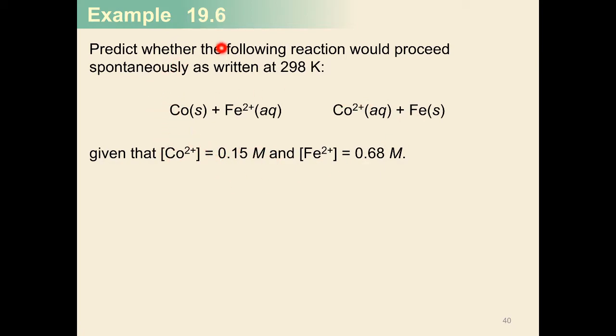So the question is, does this reaction proceed spontaneously? And remember, how do we determine if a certain reaction proceeds spontaneously? The way to do that is to look at the Gibbs free energy. If you have a negative Gibbs free energy, that's a spontaneous reaction. If you have a positive Gibbs free energy, that is a non-spontaneous reaction. So here you should look for delta G. We need to calculate delta G.